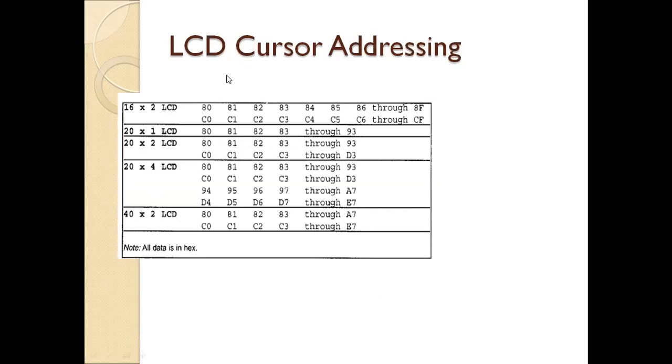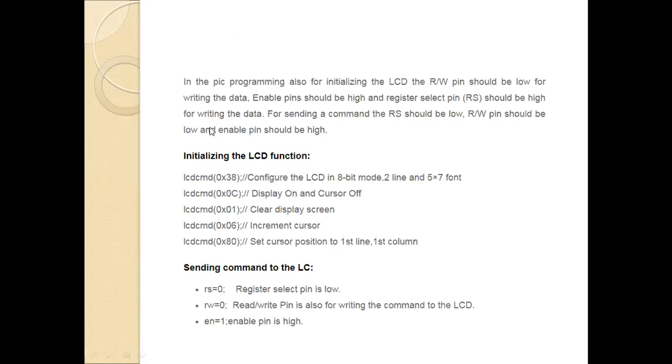Next, LCD cursor addressing. To decide where to start your writing, you have to specify the address. There are different types of LCD, but in my kit there is the 16x2 LCD. My first line address starts from 80. If I am going for the second line, the address starts from C0. So you must remember, if you are going to write in the first line, the starting address is 80. If you are going to write in the second line, the address is C0. In the PIC programming,